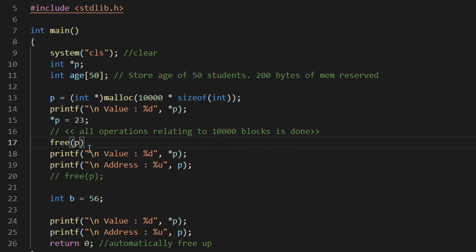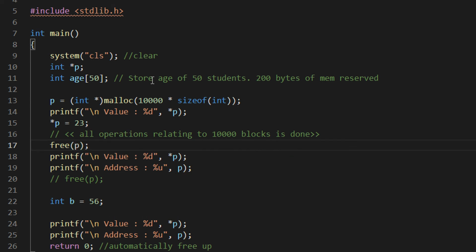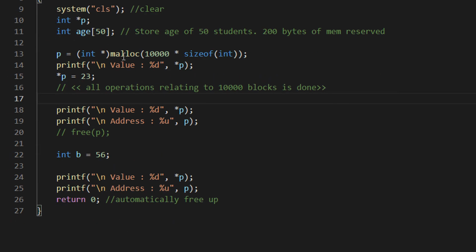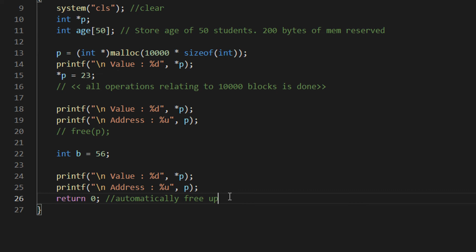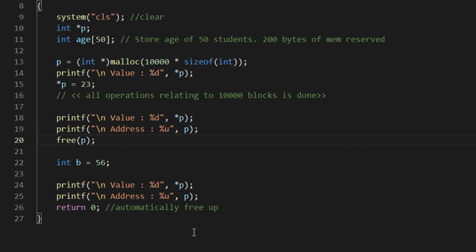If you do, in the current execution run the program will have 10,000 times 4, 40,000 bytes freed. But if you don't use free, it will keep occupying that memory. So whenever you are using a malloc, at least ensure that you are using the free command whenever you feel the value is no longer needed.